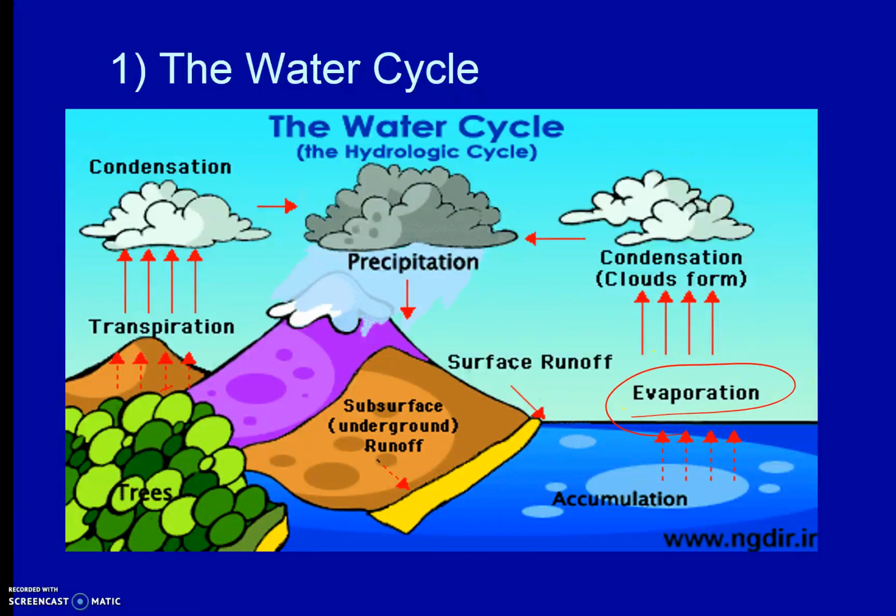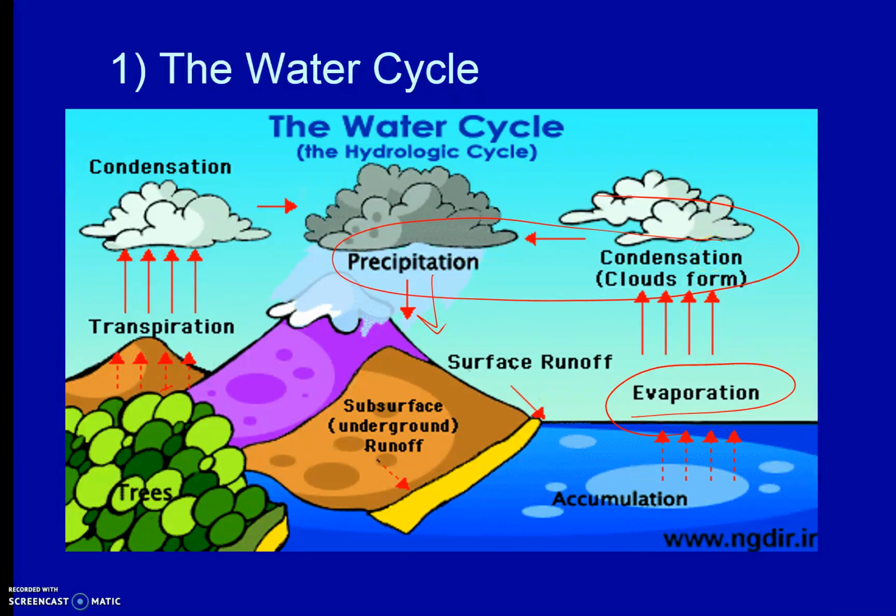So here's a different image of the water cycle, but the same basic steps are happening. You're having evaporation, which is water going from the liquid state to the gas state. Condensation and then precipitation is when water goes from the gas back to a liquid, and precipitation is when it falls back to the earth. Now, over here we see evaporation is the movement of the large body of water up,